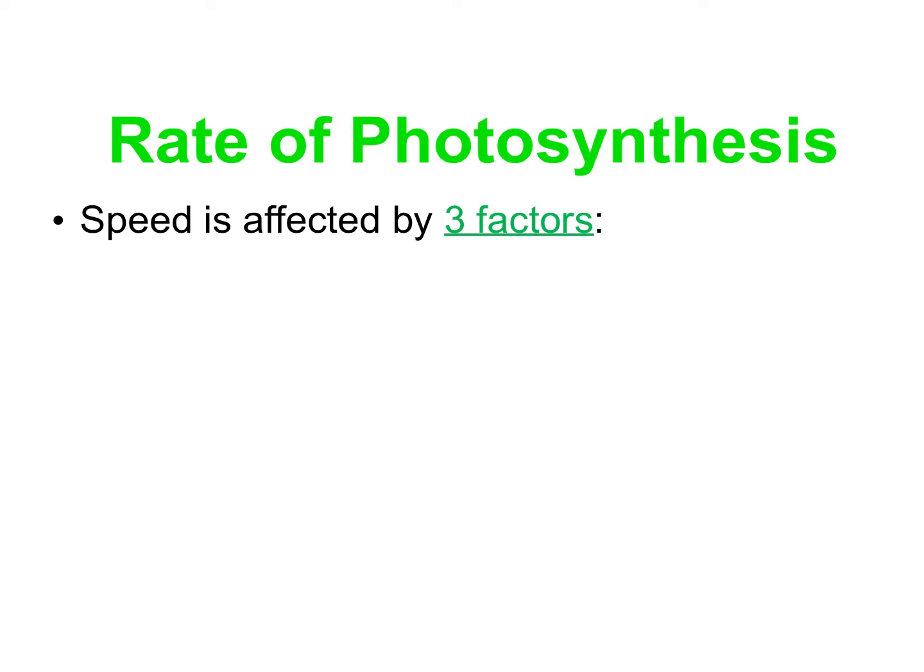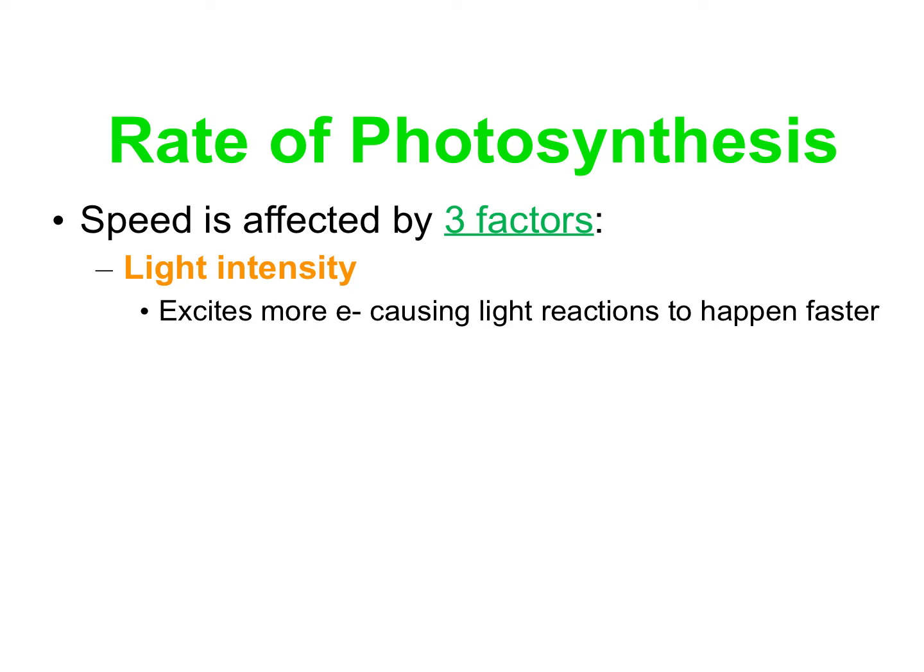Today we're looking at other little side factors for photosynthesis. So first we're going to talk about the rate of photosynthesis. And the speed can be affected by three different things. So first of all, that is light intensity. So the intensity of your sunlight. And so the stronger the light, it's going to excite more electrons, causing the light reaction portion of the photosynthesis to